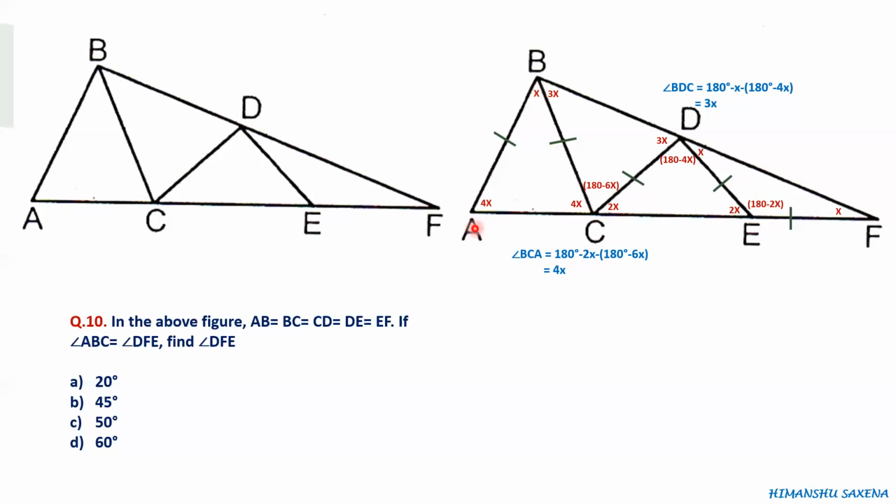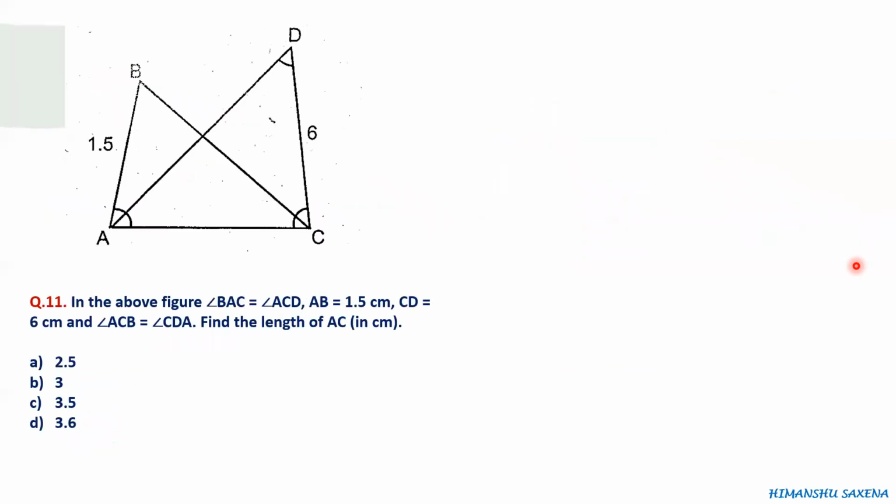Now in this triangle, we know all three angles: x, 4x and 4x. If we add all these three angles, the summation should be 180 degrees, right? Now we can easily calculate the value of x, which is 20 degrees. So the value of this angle is 20 degrees. We had to calculate a lot of angles here, but ultimately it was very easy. You can keep calculating one angle after another and you can easily get the answer. So your answer would be A, 20 degrees.